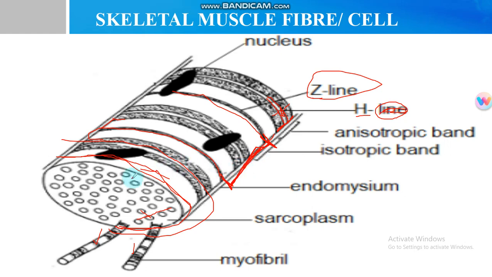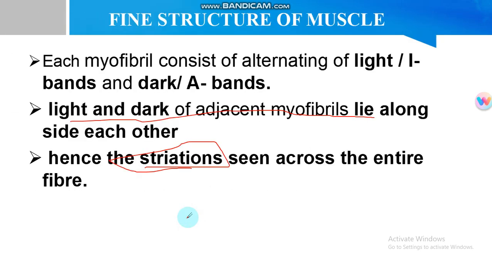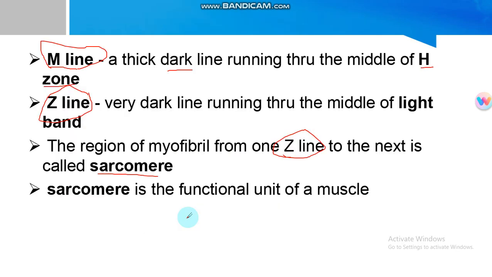If there was another Z line here, for example, then the region between this Z line and this one here would still be another sarcomere. So what is the sarcomere? It's the region between two